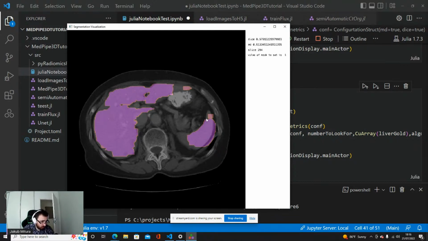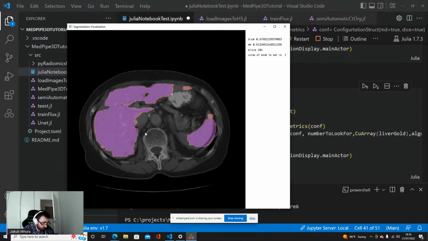So the spleen would be heavily penalized because it's far away. And the voxels that are just next to it, like here, will not be penalized so much. They would be recognized as a small error, and this will be recognized as a big error.